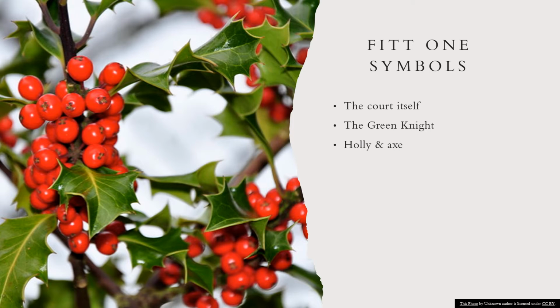He brings in a sprig of holly, which was a druidical symbol, and a battle axe. So in one hand, he has the symbol of life in the middle of winter. They've just had the winter solstice, the shortest day of the year when things are darkest. And yet holly is bright green and red, a symbol of life. But he also has the axe, which is kind of like an executioner. So is he life or is he death? And that's one thing about the Green Knight. He's very confusing.